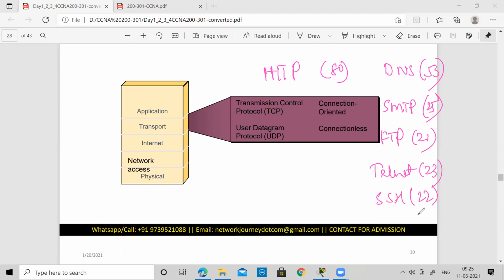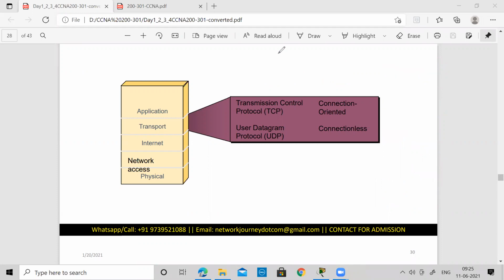So there are many. You can go and check out on the website also the standard port numbers for certain protocols. You will get a list of it. In the first 1,000 port numbers, there are certain applications which are kept reserved. So this you need to remember when you are going for interviews or you're appearing for examination certification. These kind of questions are coming up too, so you need to memorize some port numbers. These are the standard ones, not all.